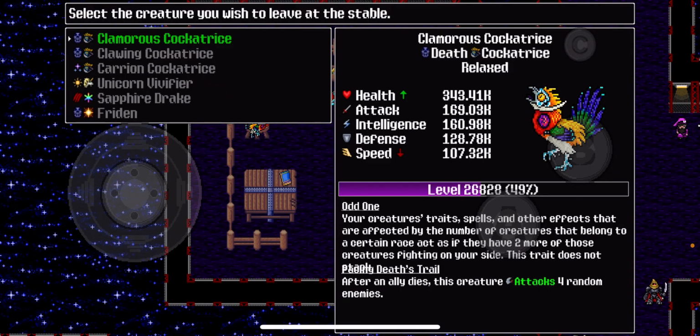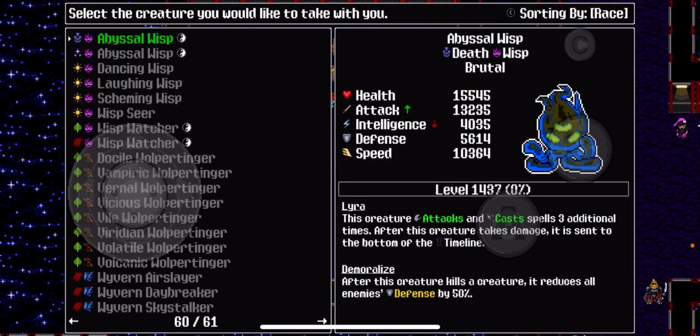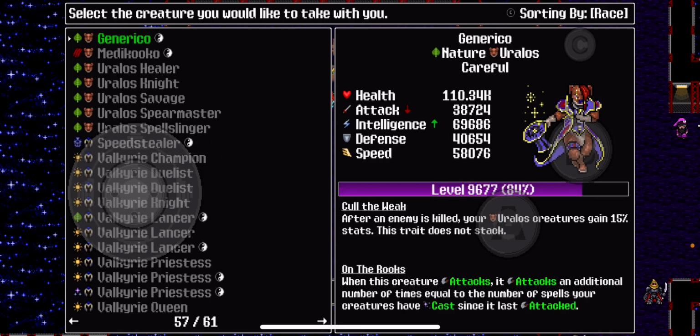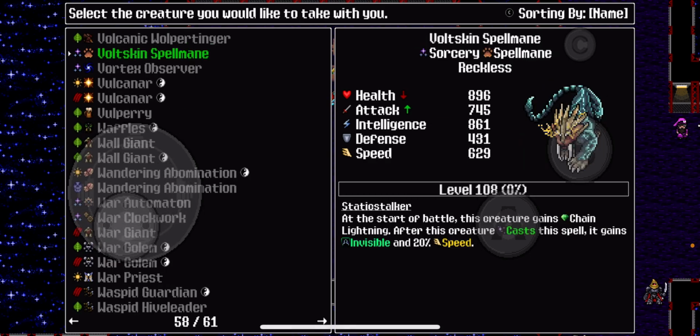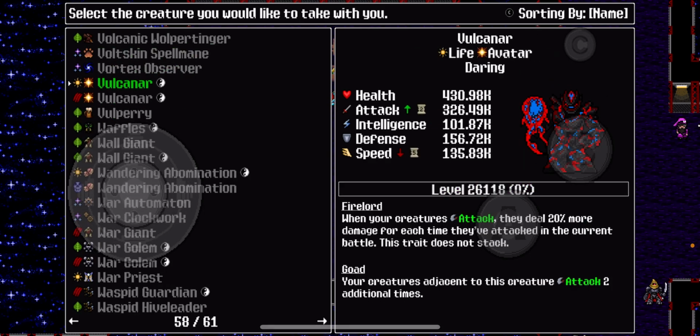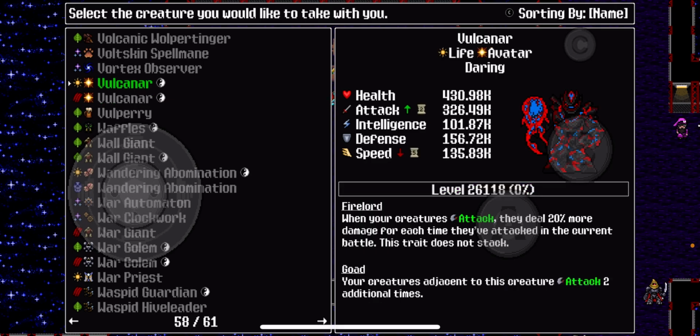Yep, I will deposit Frieden, and hopefully I don't have, oh no, I've been kind of trying to look for him, and I haven't seen him. Oh, he is fused. Because I really don't want something like what's fused here,